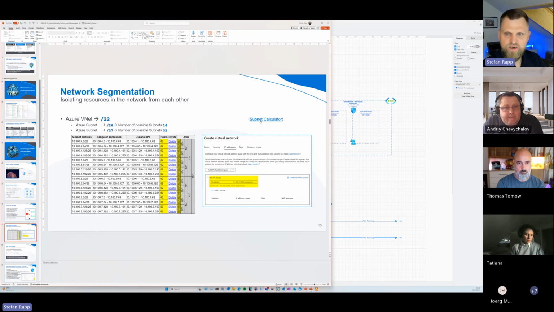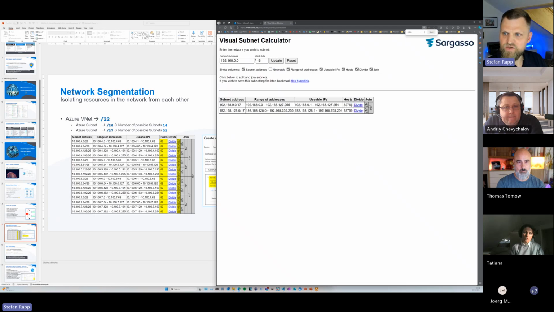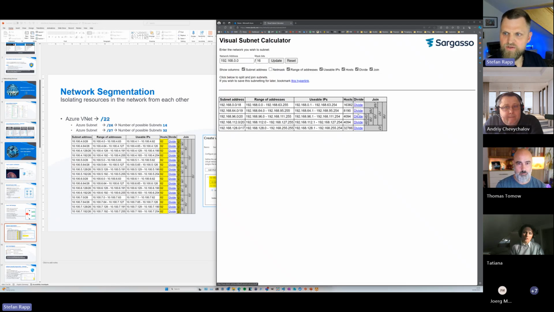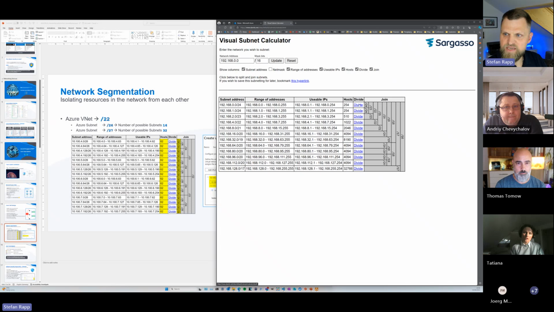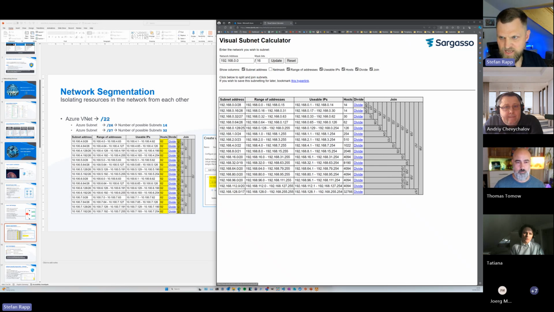And what I like to do quite often is use this kind of subnet calculator. Let me zoom in a little bit. So you can subdivide your IP address range and say, okay, probably /26 is quite a lot. Let's do it for a small application or POC. Okay, we can get along with a /28. So don't ask for more addresses if you don't really need them, because